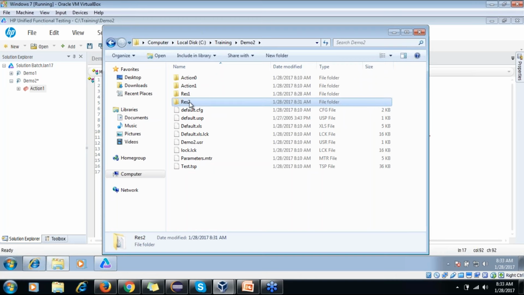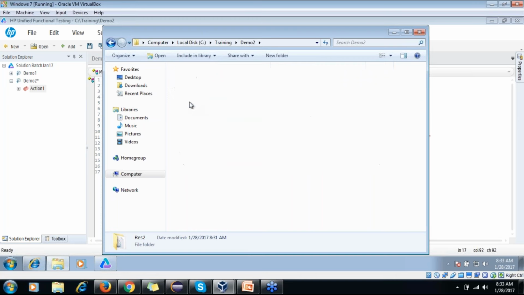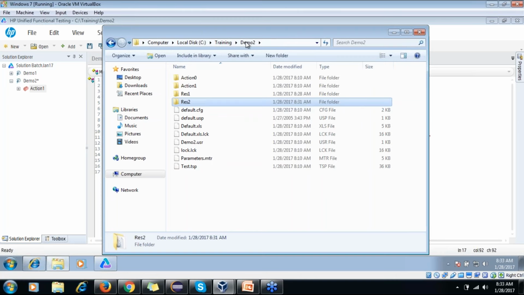But do we really need this? If we need it, then we can use it. Otherwise, I'll tell you a technique to avoid saving. We can save at a temporary location, not in this script folder.